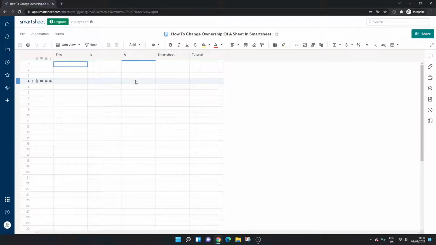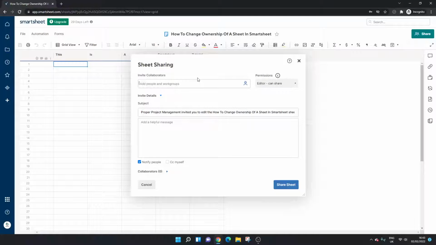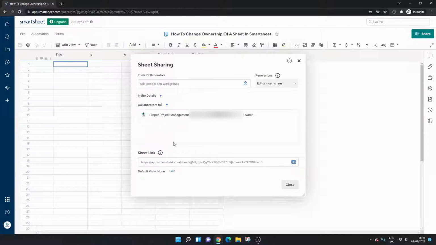So all you need to do is click the share button in the top right hand corner within the sheet itself, and that will bring up this interface here. Now what you essentially need to do is look in the collaborators. You might have already shared it with them. So when I click that little drop down there,